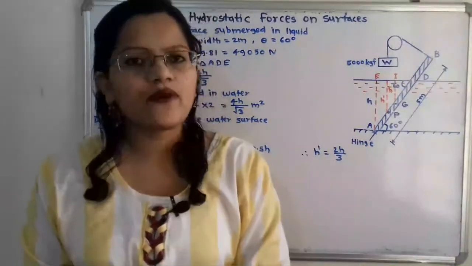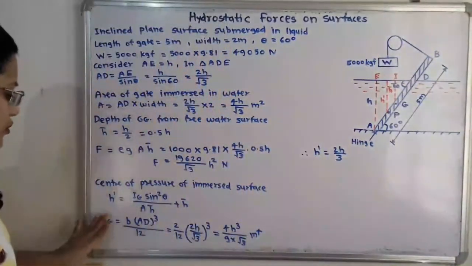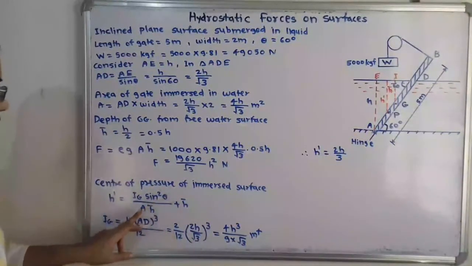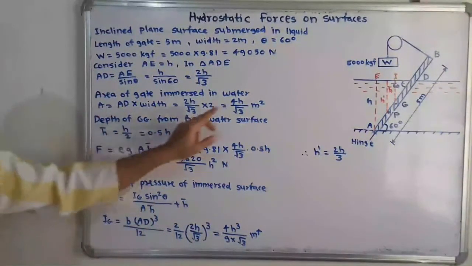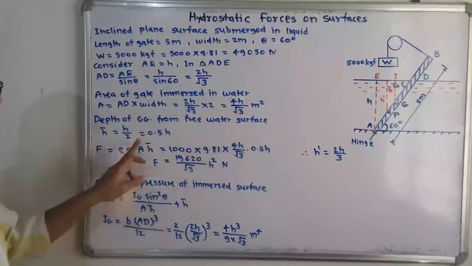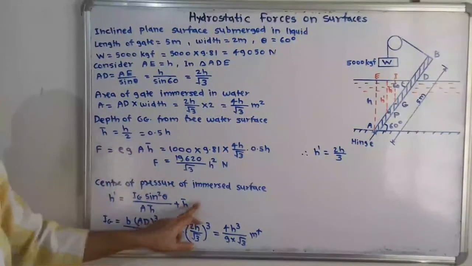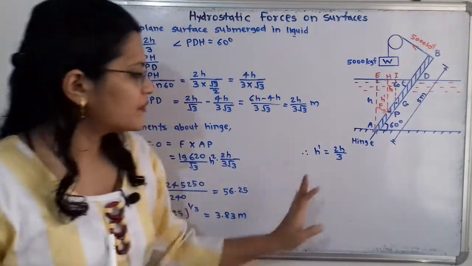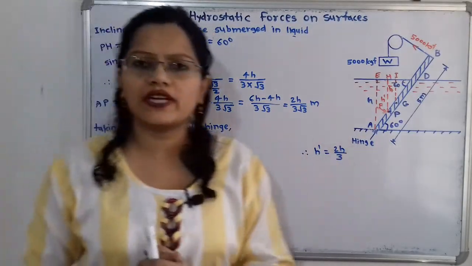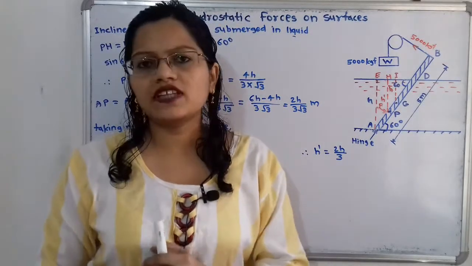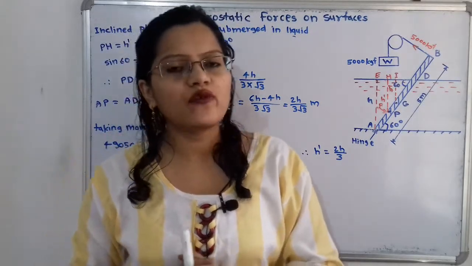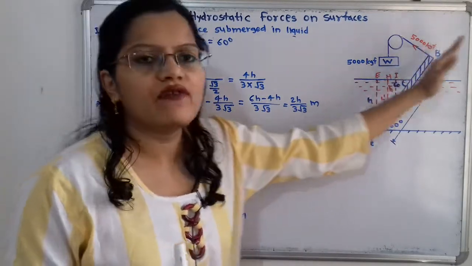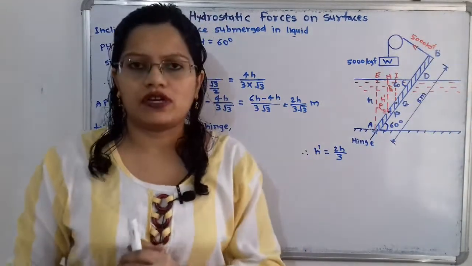Now it is easy for us to calculate the h dash because we can put here the value of Ig, then sin square 60 by A, area is 4h by root 3, then h bar is 0.5h plus 0.5h. Now when we calculate h dash, we will get h dash is equal to 2h by 3. Now what is the question that is asked? We have to find out what is the level of water so that this gate will begin to fall.